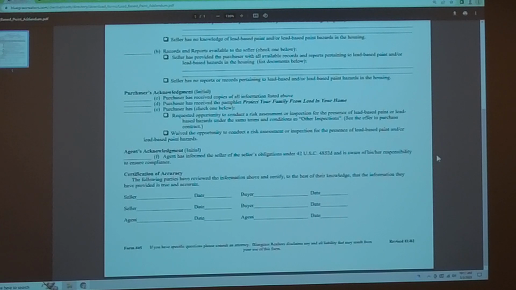Okay, now let's go on and let's cover the other forms that are new, and then we'll come to the contract. Let's go to the new forms, the ones they've revised. It's recording. And the first one,